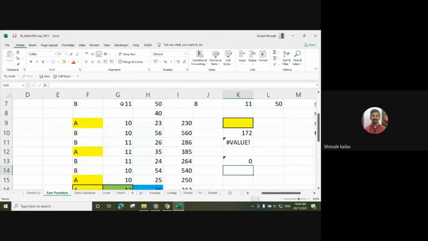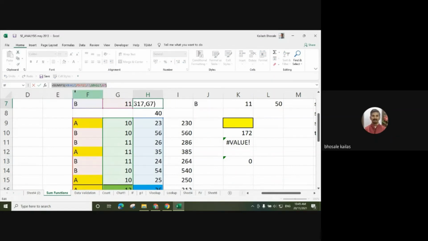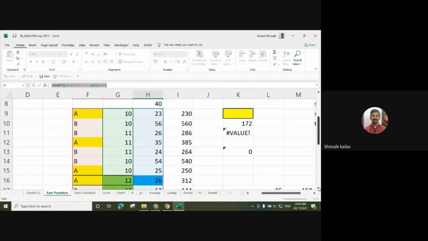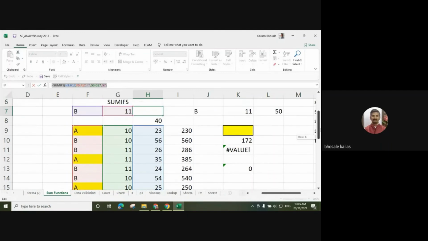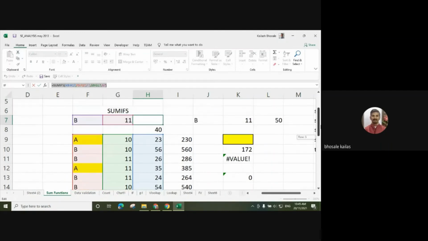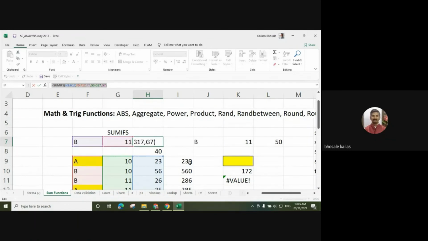Will it take it? Suppose that we'll see that. SUMIF, it's H9 to H17. H9 to H17. These are the numbers. Okay. Then comma F9 to F17, the numbers which are having the AB numbers. Then comma F7, that is the value of F7B, G9 to G17 and G7. So we can use this SUMIFS function by using this function. Next we'll see the data validation.